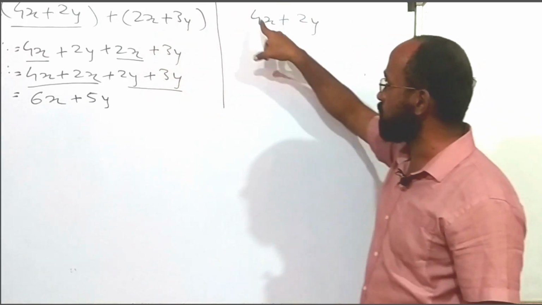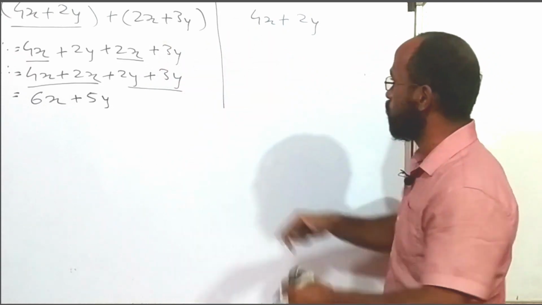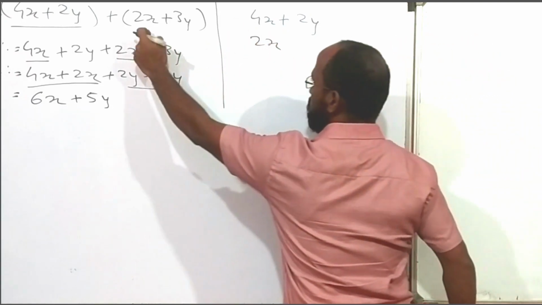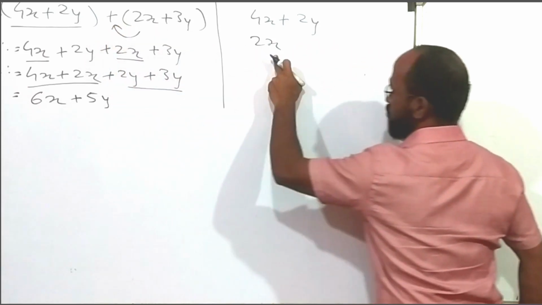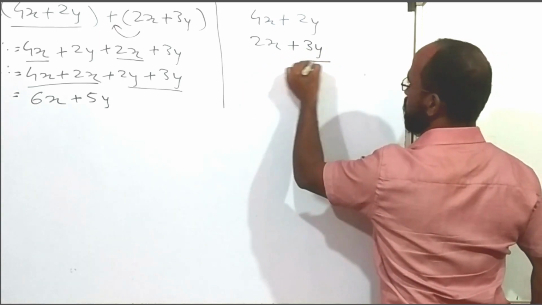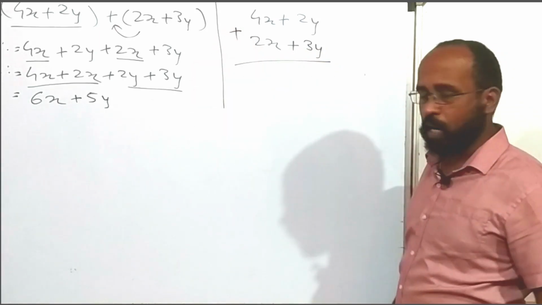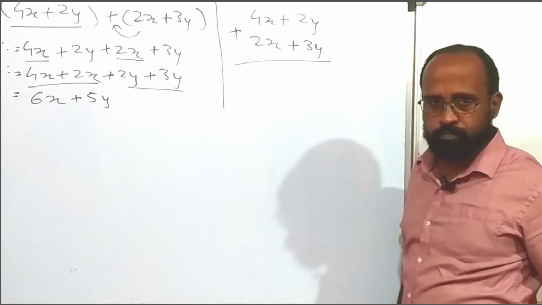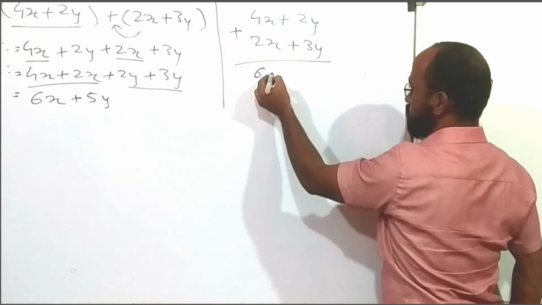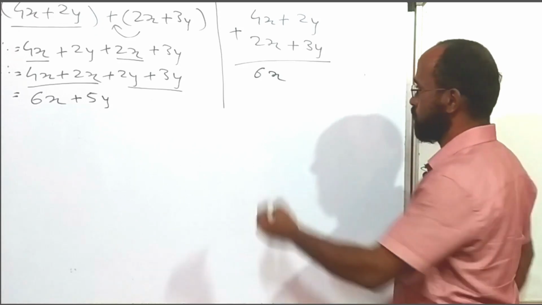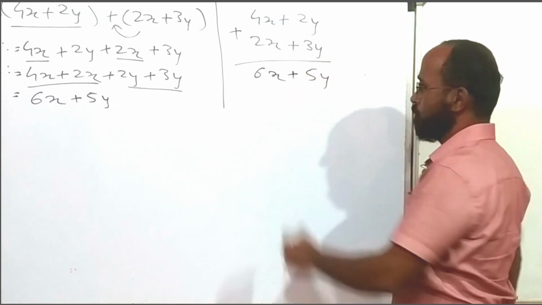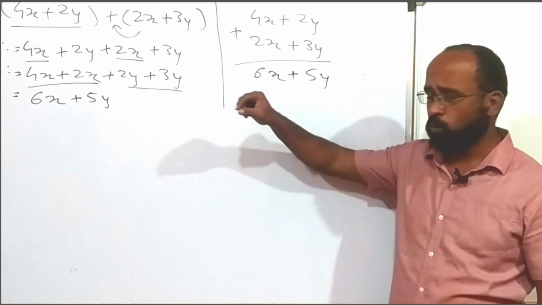Means 2x is the like term of 4x, so write 2x below 4x. What will be the symbol of the 2x? The symbol outside the bracket is plus, so it will not change, plus 2x. The symbol of 3y also will not change, plus 3y. Okay, got it? And then you can do addition: 4 plus 2, 6, both are positive, x. Write the variable with index as it is, plus 3 plus 2, 5, y. Okay, so